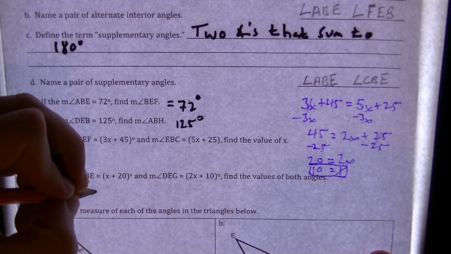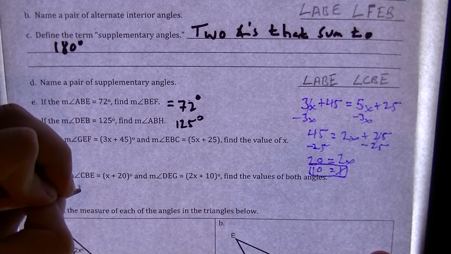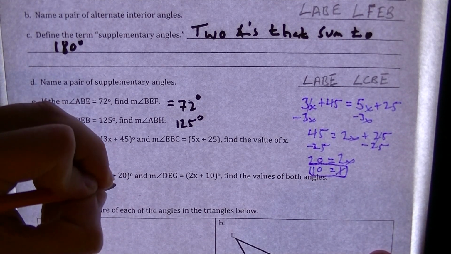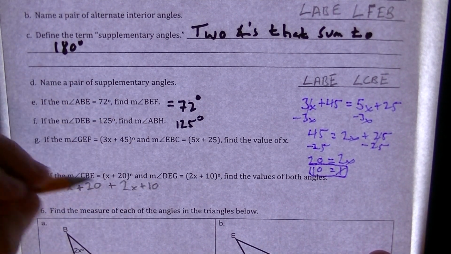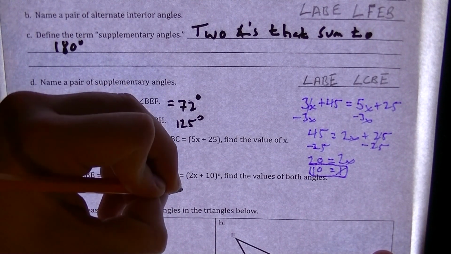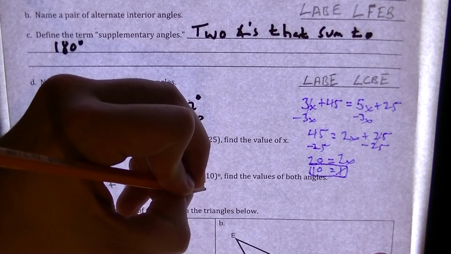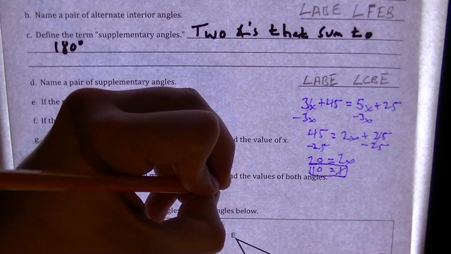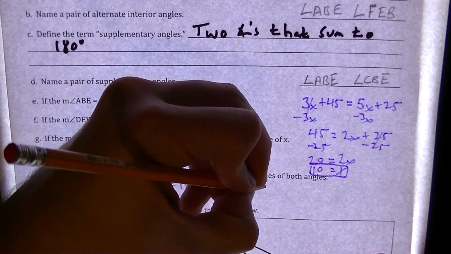So I've got x plus 20 plus 2x plus 10. These two angles together need to add up to equal 180 because they are supplementary. I'm going to combine like terms, and I'm going to go to the right because I don't have space. So I'll get 3x plus 30 is equal to